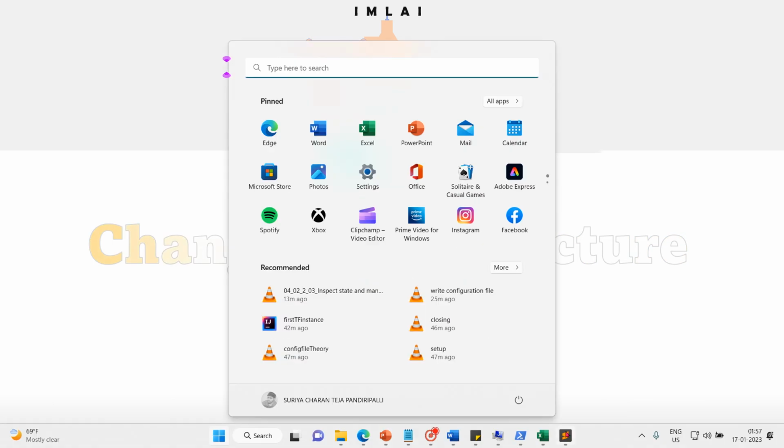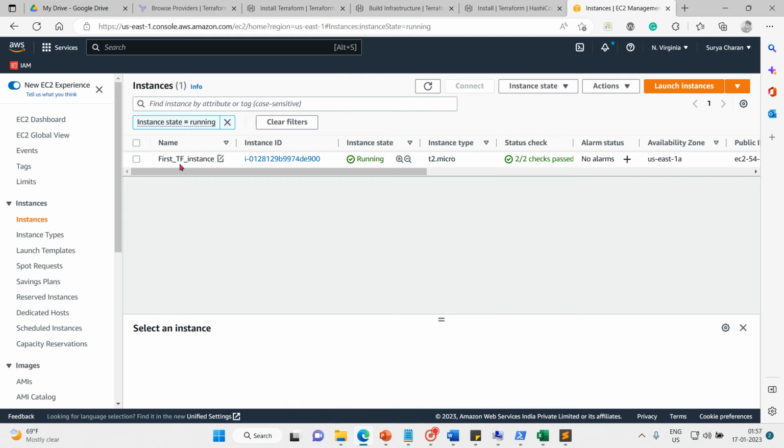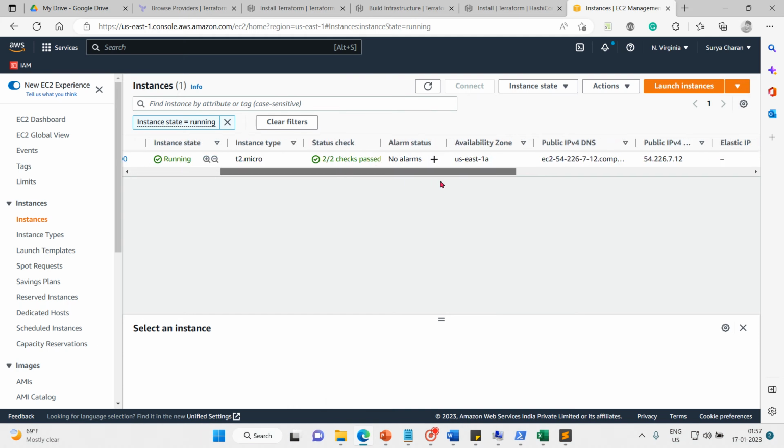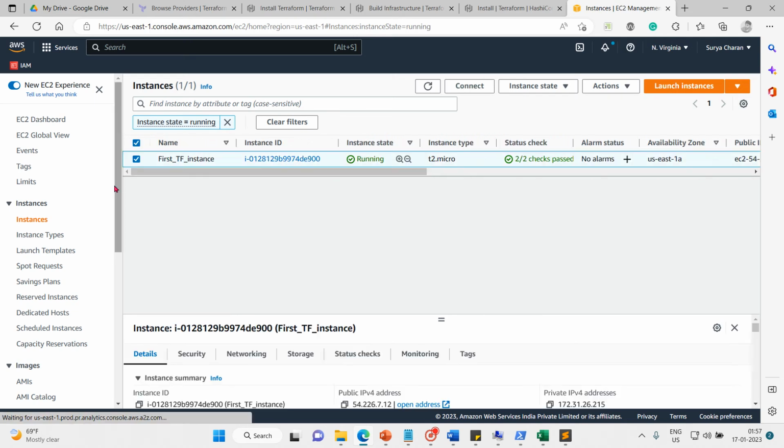For that I will get into the Sublime Text editor. If you see this file here, in resources AWS instances, and then these are the two labels, and here we have the AMI. This is where I want to make changes. This is the Amazon Linux I took last time. This time I'm going to change it, so let me get into Amazon. This is the instance, and we have Amazon Linux running inside this instance. So let me